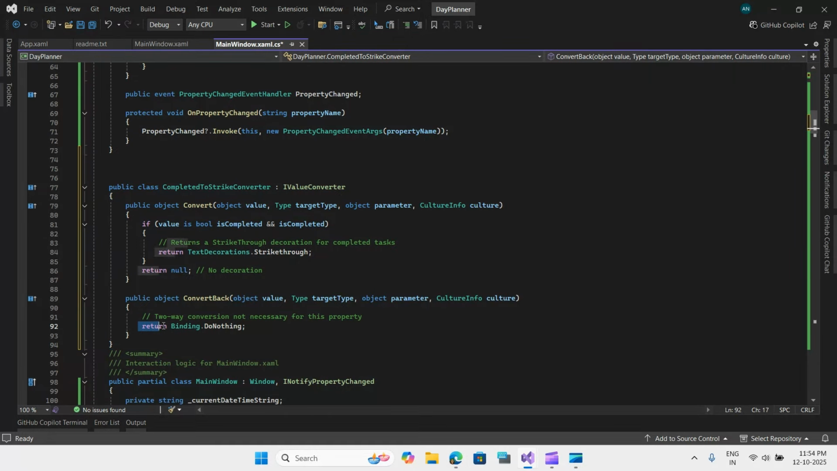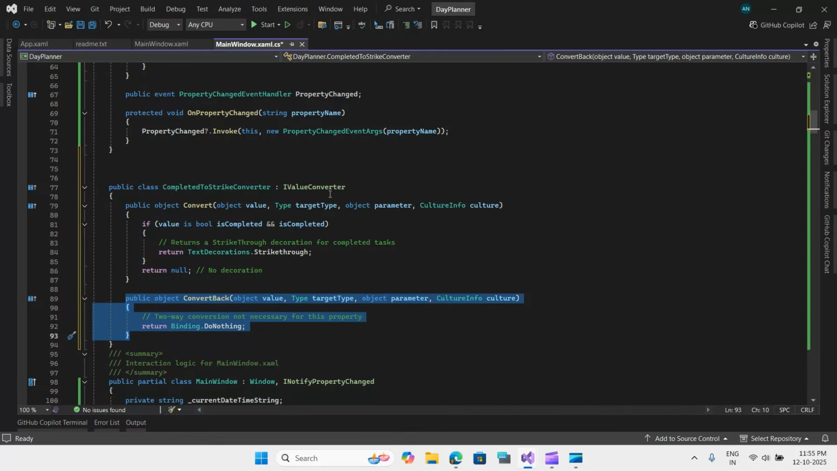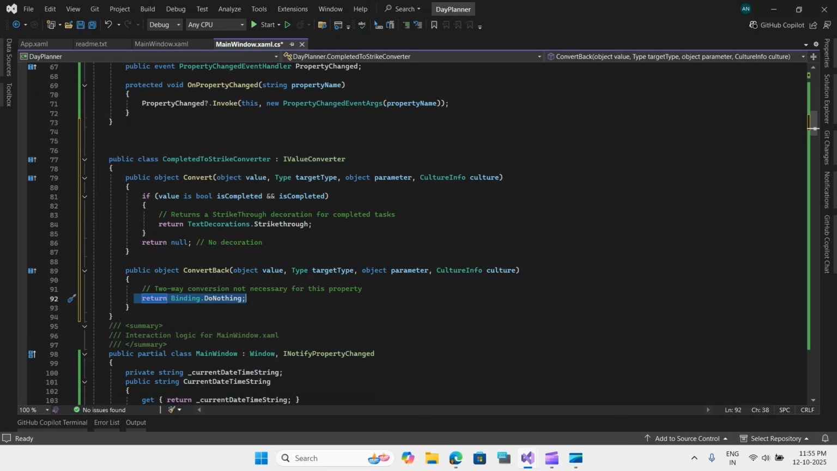And here we do not convert back anything, and that's why we are binding it to nothing. And we cannot omit this because we have to implement both the convert and convert back methods in an I value converter. So in this case, we do not have to convert back anything, so we are just binding it to nothing. Then we move to the next converter that we have, and that is the